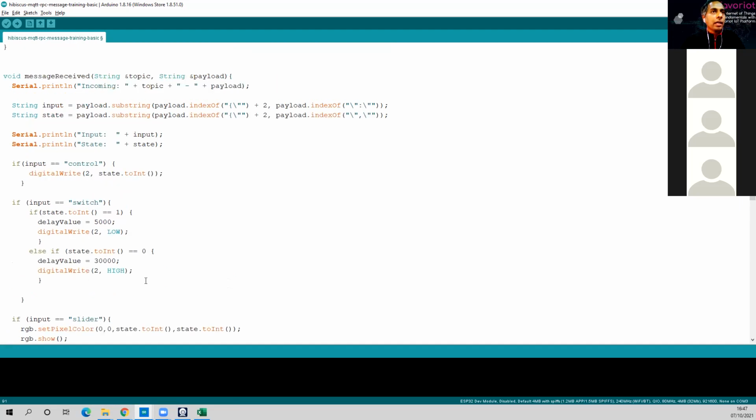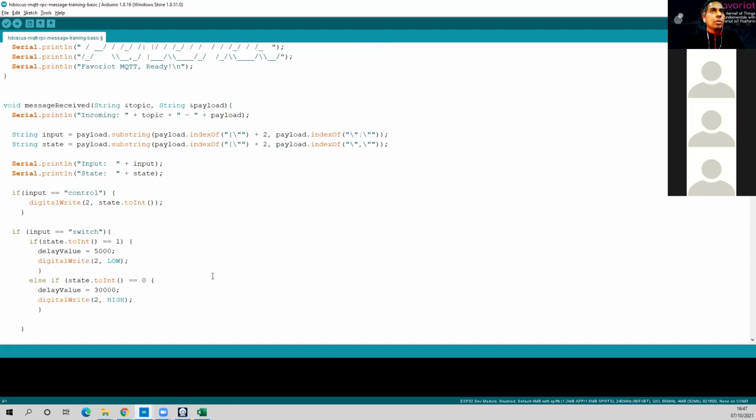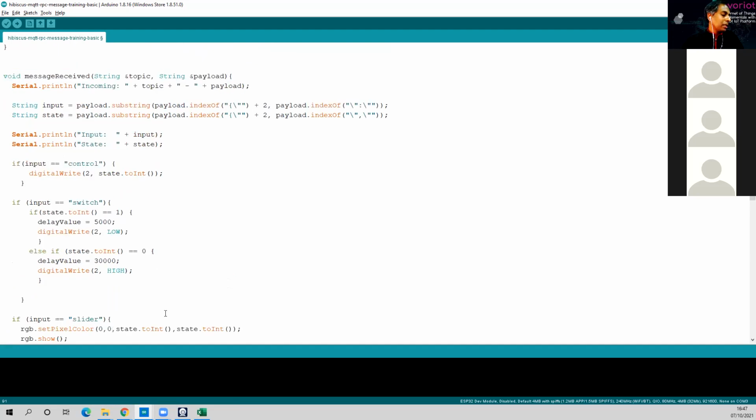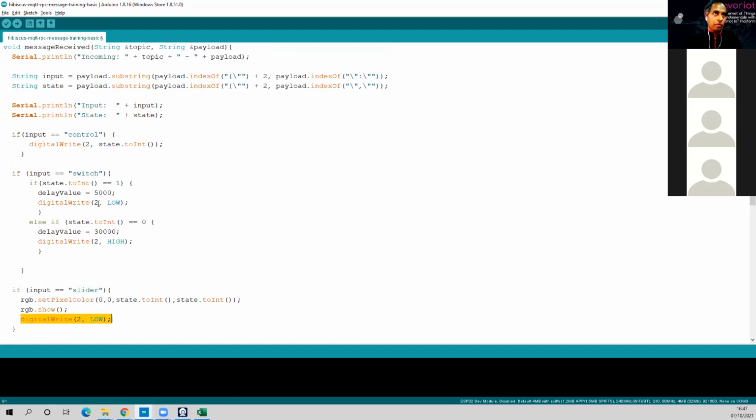Okay, or what else can I do? I can run multiple things also. For example, I switch on. So here I put two things, a digital write, and then this one. I can do the same thing here. So I can put the delay